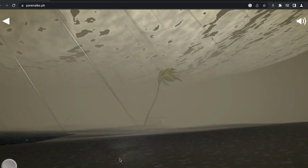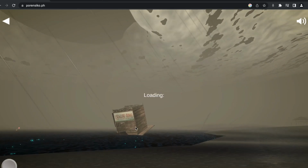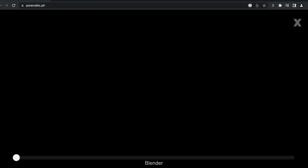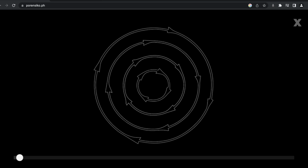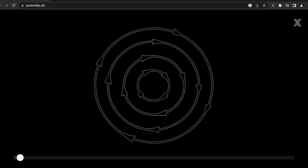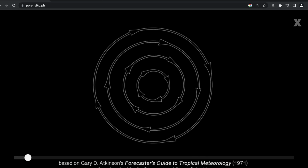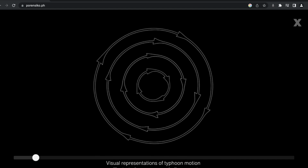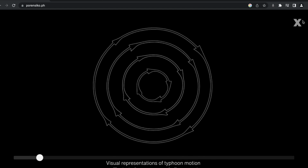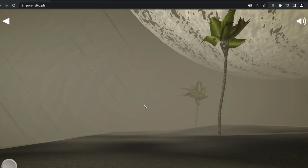And yeah, so you can see an outpost in the middle, which is actually taken from an archival photo that I saw, blending video, which is to illustrate the circular motion of the typhoon vortex. So it explores the idea of a blender or a blending motion, similar to a typhoon. So yeah, this one is like a really big